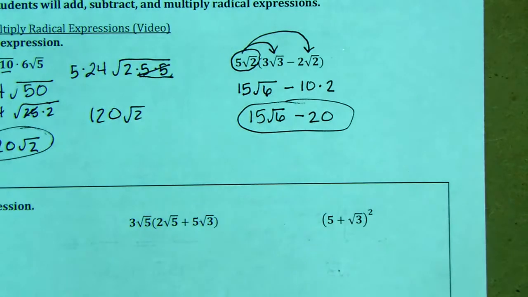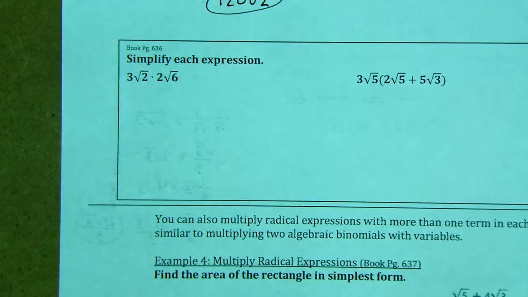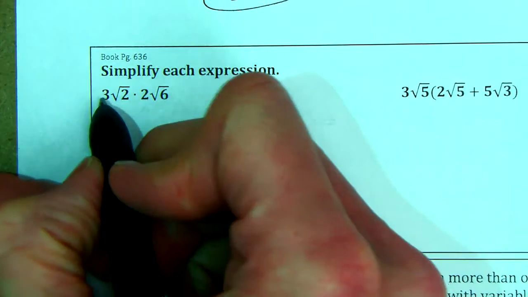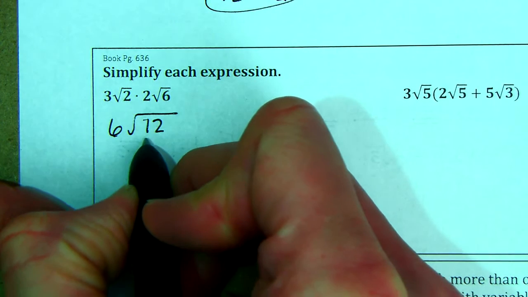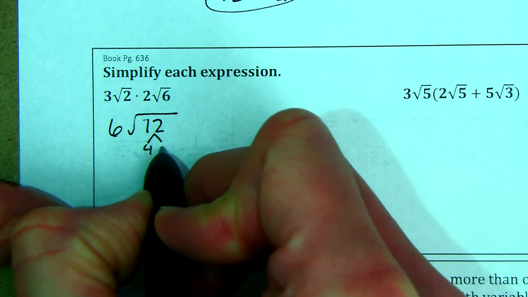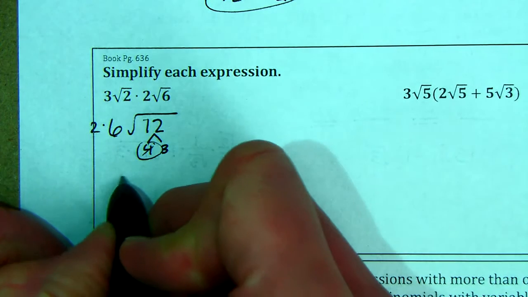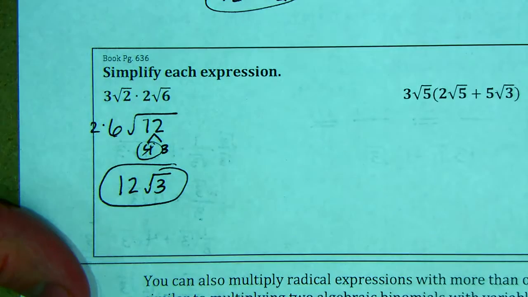In the box, in the middle of the page, we are going to simplify this expression. So 3 times 2 is 6, square root of 12. 12 breaks down to 4 and 3. And so we're going to take this 4 out, make it a 2. So we got 12 times the square root of 3. Or however you want to see that. Okay? Distribute this. So in this first one,